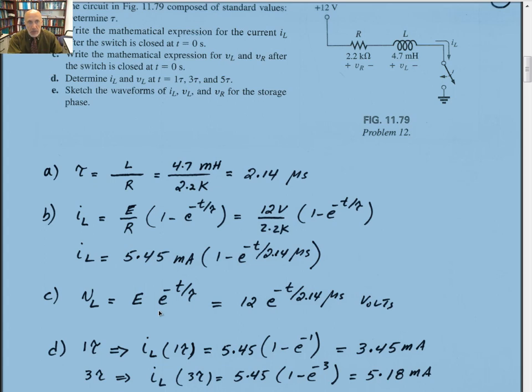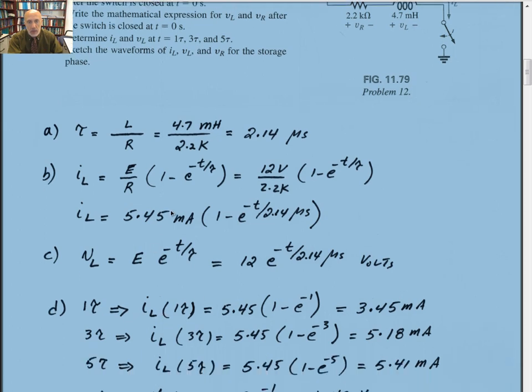Part D of the problem, determine I sub L and V sub L for t equal to 1 time constant, 3 time constants, and 5 time constants. So basically, you just plug into the equation. For 1 time constant, I sub L will be 5.45 milliamps times 1 minus e to the minus 1. That gives you 3.45 milliamps. 3 time constants would be the same, 1 minus e to the minus 3. That gives you 5.18. And 5 is almost identical to the final value because it's already reached a steady state. It's about